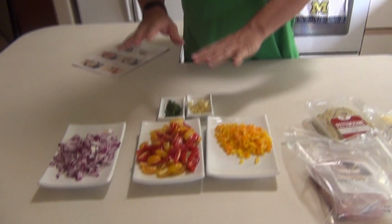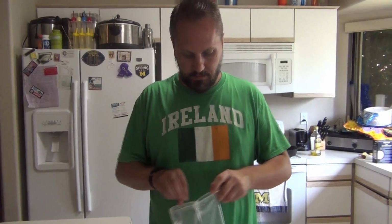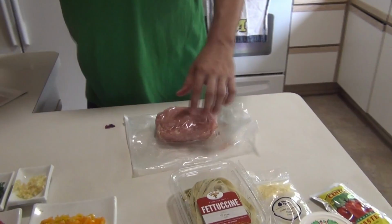Got everything chopped up and prepped. The next step is to go ahead and prep our chicken into the pan. So we're going to take this out. It's already ground. I just got to cut it open and we're going to take it to the pan. So let's come on over here and we'll